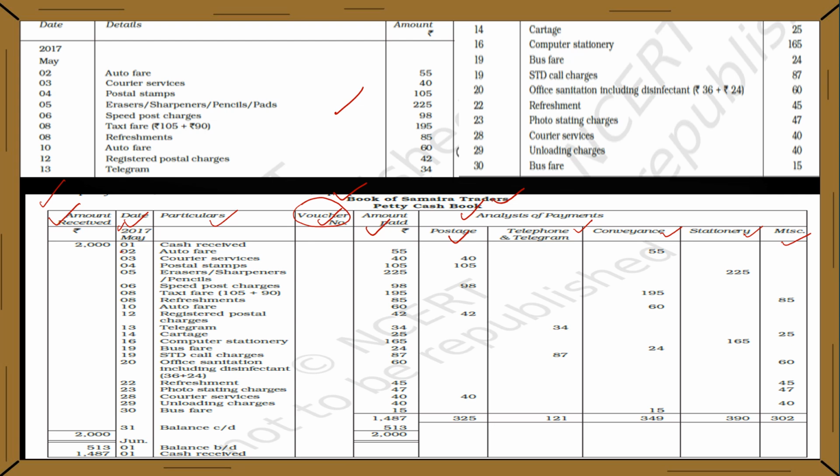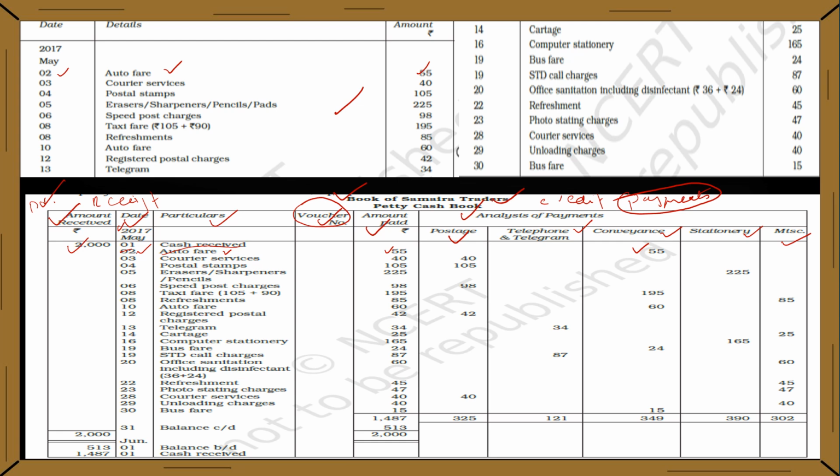On May 1, we received a cash imprest amount of 2000 rupees. Write it here onto the extreme left. So this will be your debit and these are all your credit, or else this will be your receipt side, and the analysis of payment will be your payment side when you compare this with your cash book. First is auto fare of rupees 55 on May 2nd. So on May 2nd, auto fare under the particulars column, 55 rupees, and 55 rupees should go under the conveyance column